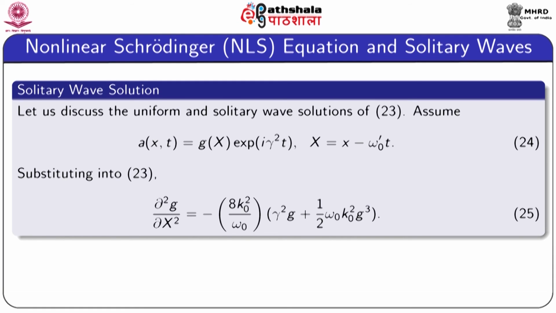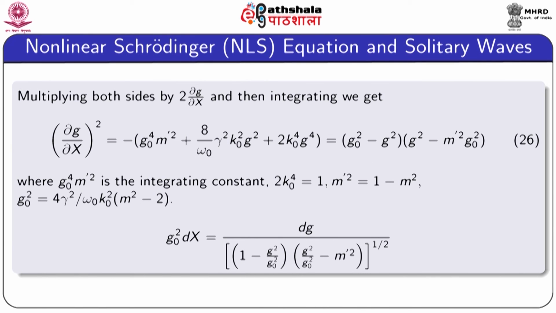Now, we want to solve this problem, that means we want to find the value of G. For that we multiply this equation by 2 dg/dx and then integrate, and we obtain equation 26. If you see the right hand side of this equation, that means the value of (dg/dx) whole square, which is given here, we write the right hand side as 2 factors: (g0 square minus g square) into (g square minus m dash square g0 square),